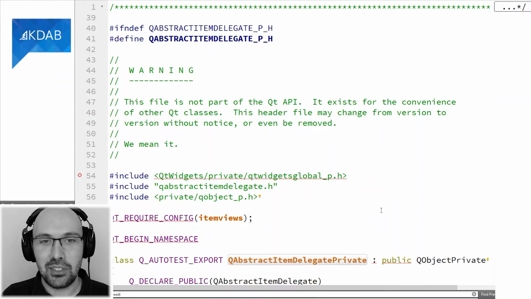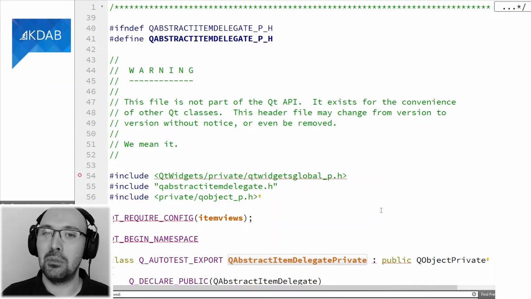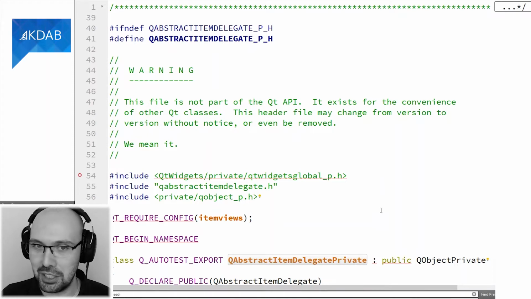So that warning is there to complement what I just said. In case you end up including this file inside your application, Qt is telling you, watch out, you're doing something that is not part of the promise of the Qt compatibility. We can do whatever we want to this header. It's private stuff, so don't rely on it.